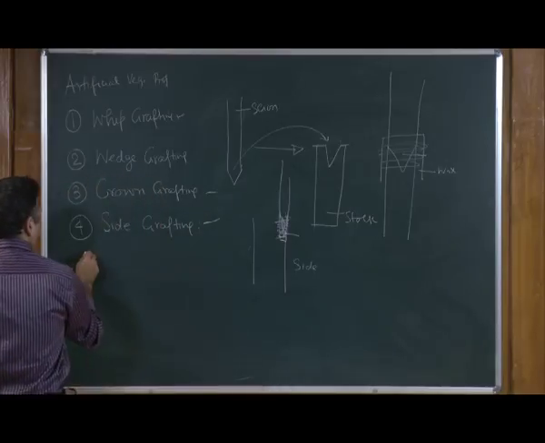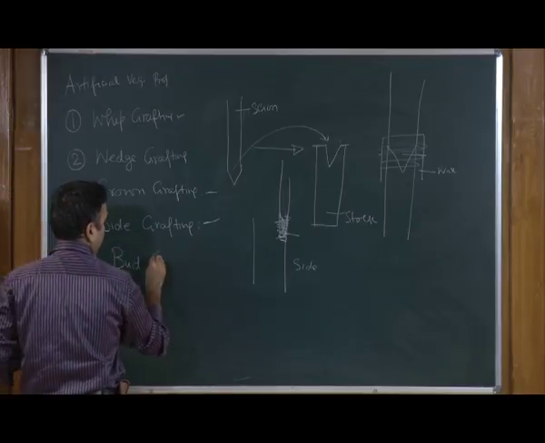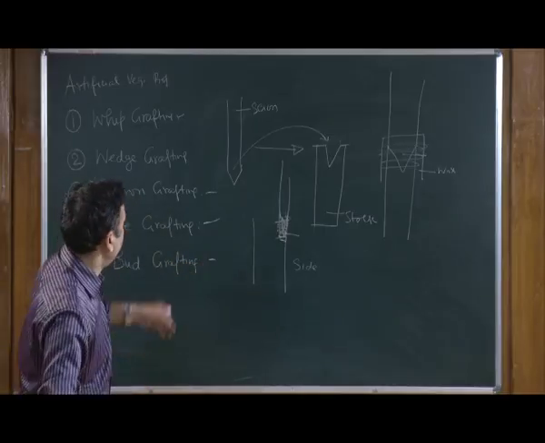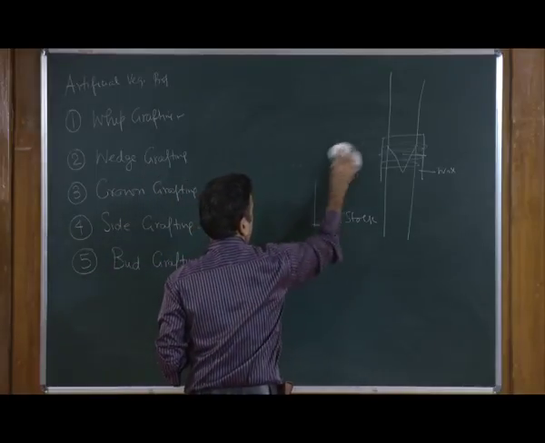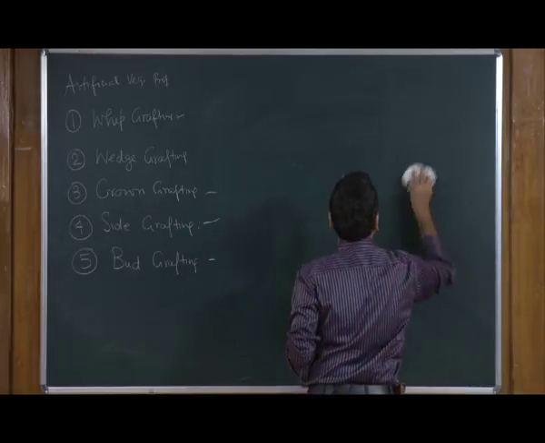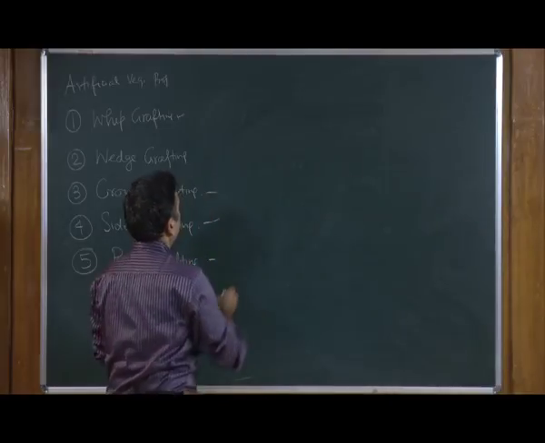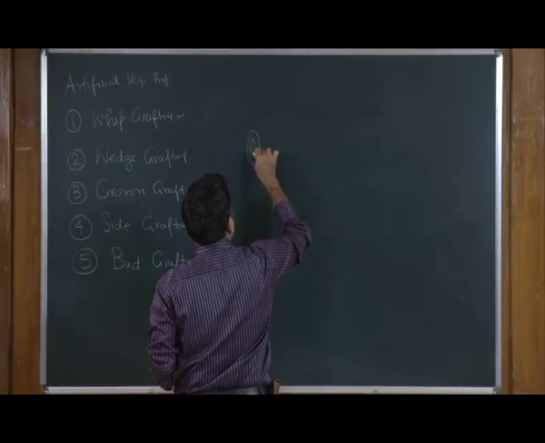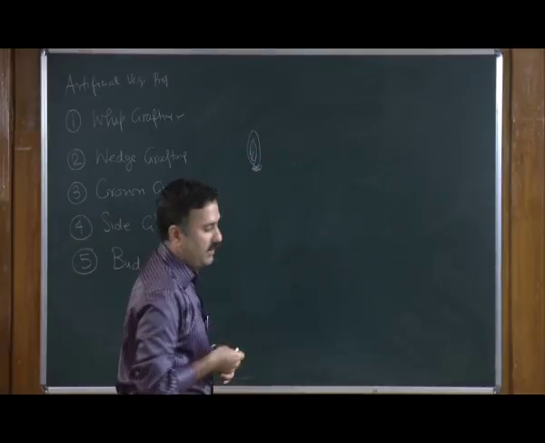Now, we have another kind of grafting, and that is called bud grafting. So, in the case of bud grafting, instead of taking the whole branch, what you do is you take a part of the bud along with a small piece of cambium, so that it can connect to the vascular system. So, you take the bud, so this is the apical bud along with a small portion of the cambium.